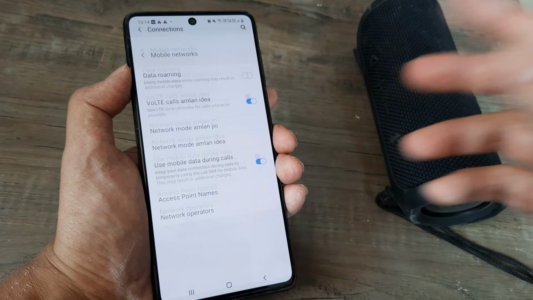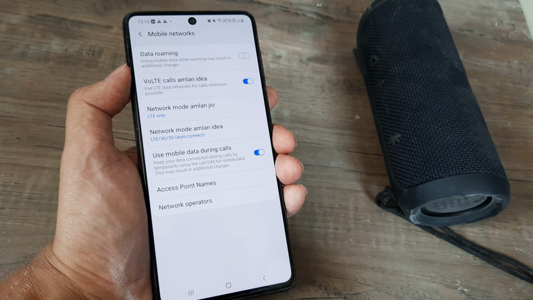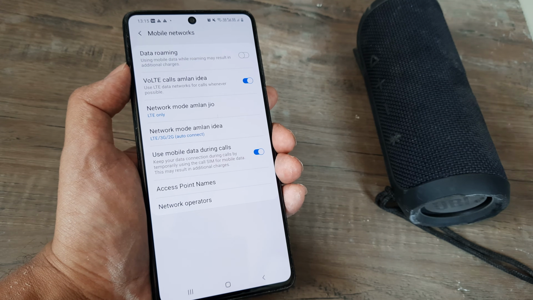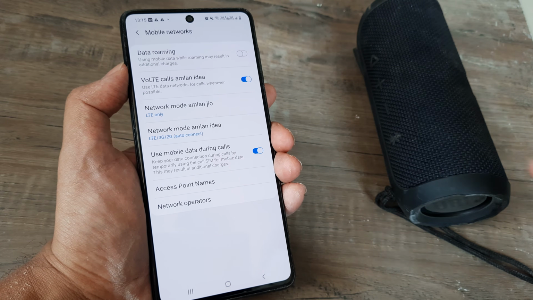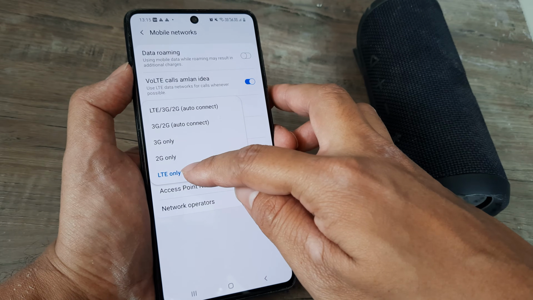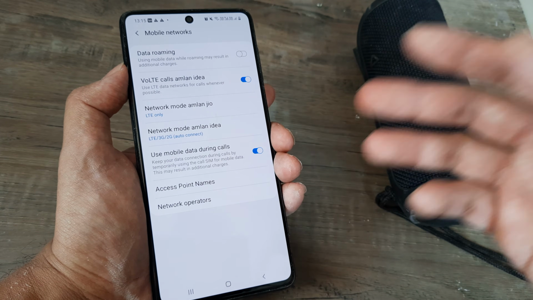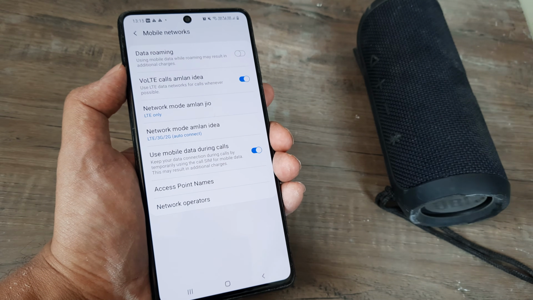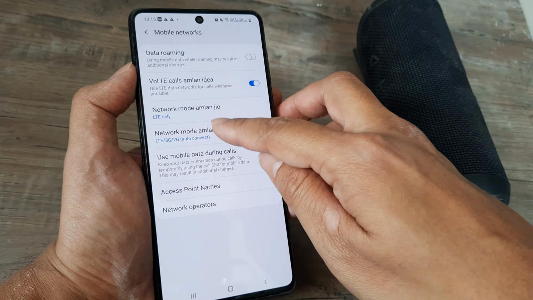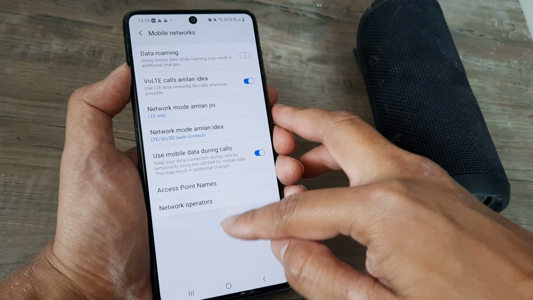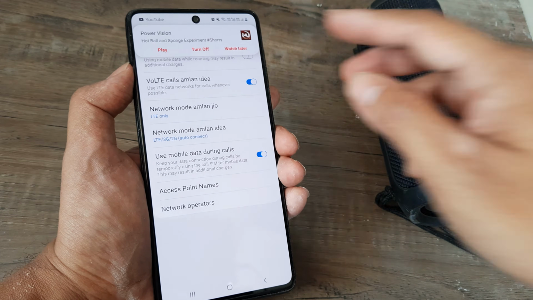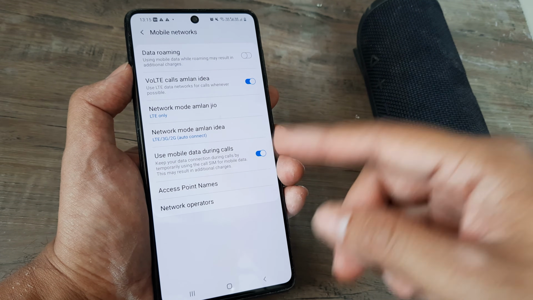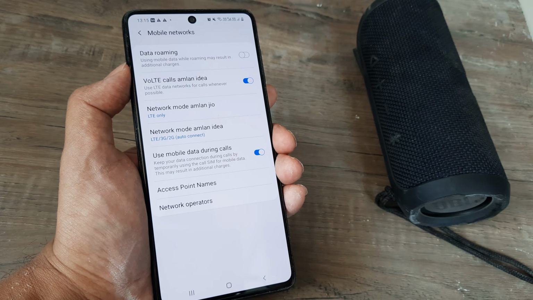The next very important thing that you need to also equally do is check whether the network has been configured correctly. What that means is, in case you have a SIM that runs on a 4G network, you need to configure the 4G network. Or maybe you have a SIM that runs dual on 4G, 3G and stuff like that. So you can select the correct network. Unless you provide the correct network, it's quite obvious that the SIM won't be configured and therefore it won't be able to detect any network.